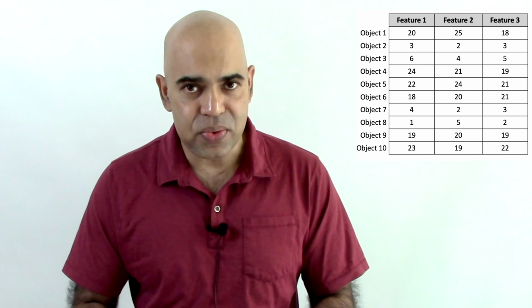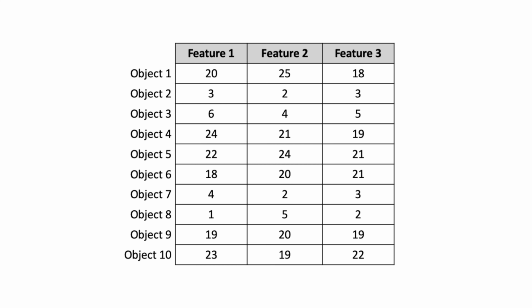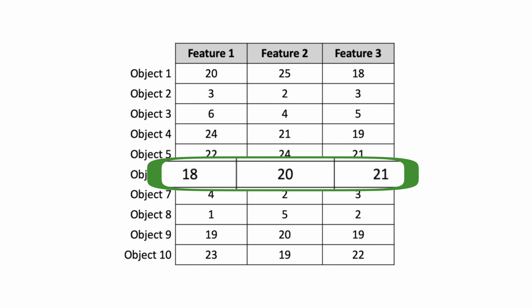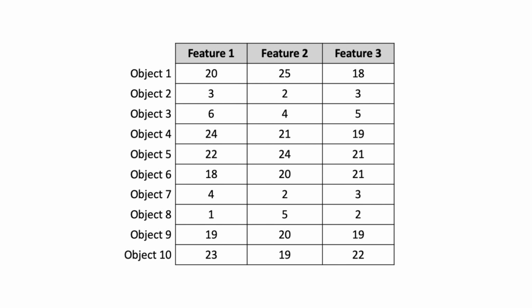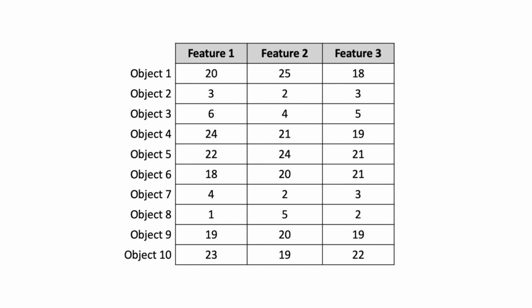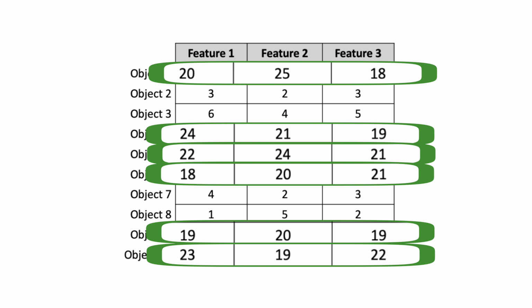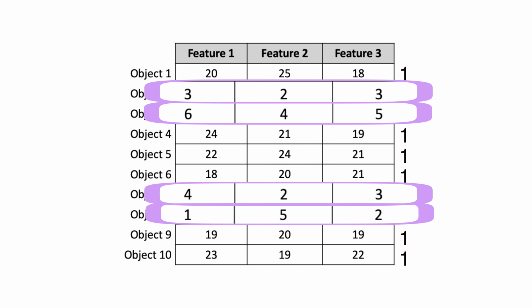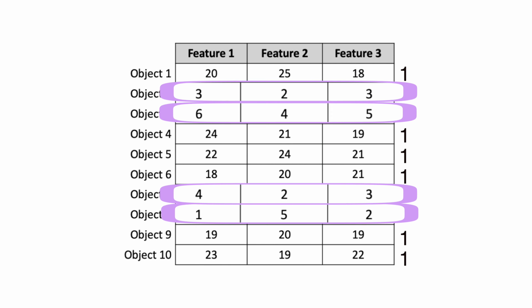Consider that we have this table of data. It has 3 columns or features or attributes. It has 10 objects or rows. Now, notice that some of the rows have larger values compared to the other rows. The k-means clustering algorithm with k equals 2 will be able to separate objects into 2 groups. These rows will be in one cluster. Let us say that these points will be in cluster 1 and these rows will be in cluster 2.